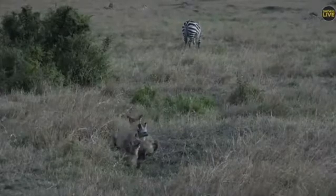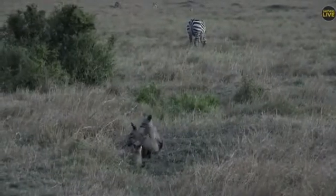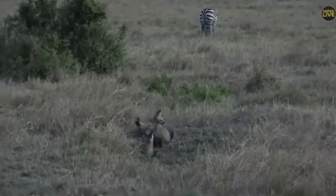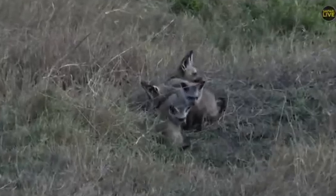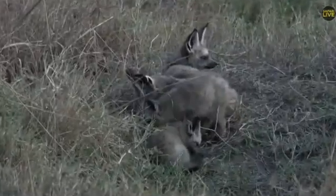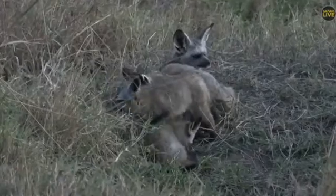Inga, this is the second time I've seen bat-eared foxes in the Mara, and this morning was the first time. We stumbled across this den site. Big James on the back thought we'd spotted some jackal, and we reversed back, and indeed it was not jackal, but it was these guys. And we know where the den site is, so I'm definitely going to be spending some time over the next few weeks trying to get some more views of them